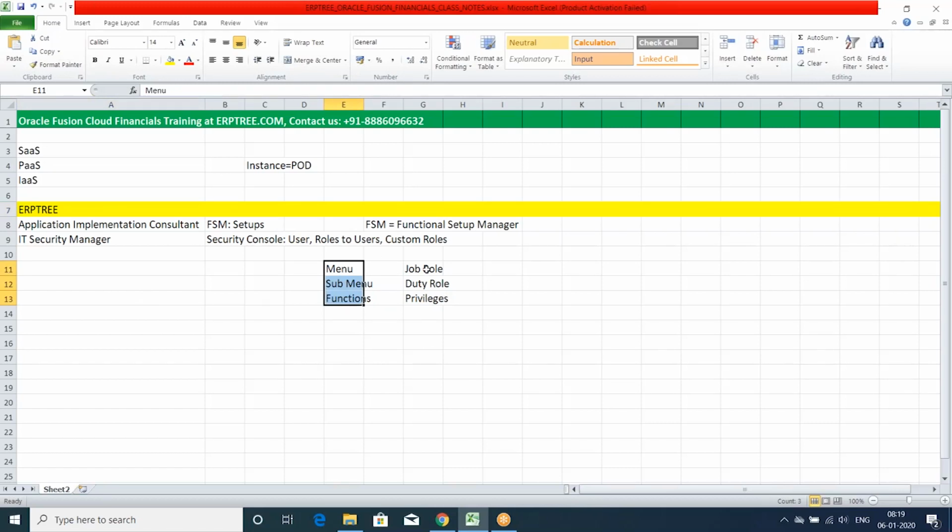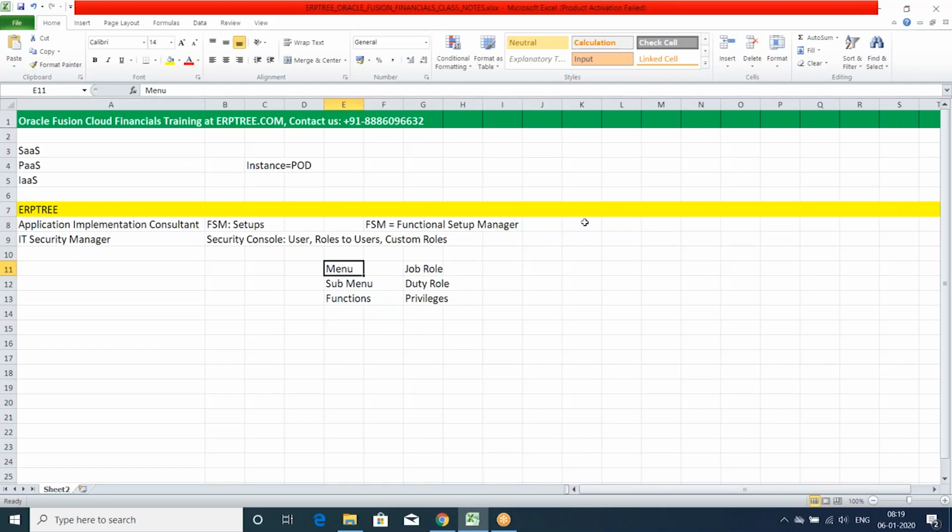If you compare with EBS exactly, can you assign the menu to a user in EBS directly? No, you have to take the menu into a responsibility, and the responsibility you can assign to the user.